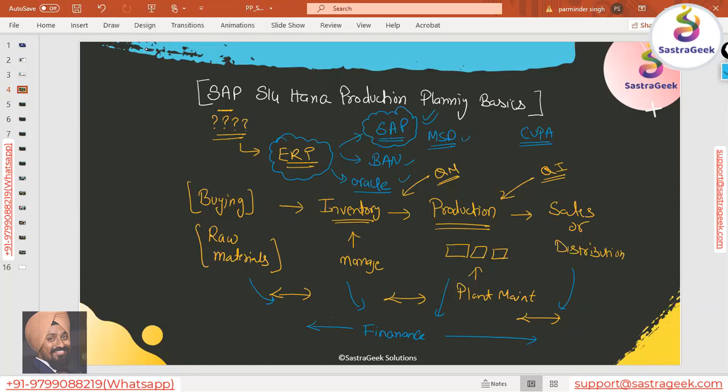So that is the power of SAP, a full solution which is integrated with each other. That's basically what SAP is. Now within SAP, we are going to learn S4HANA. In the next slide, I am going to tell you what is this S4 and what is this S4HANA. That's what I'm going to explain to you.